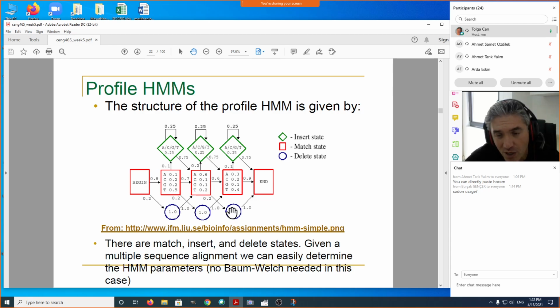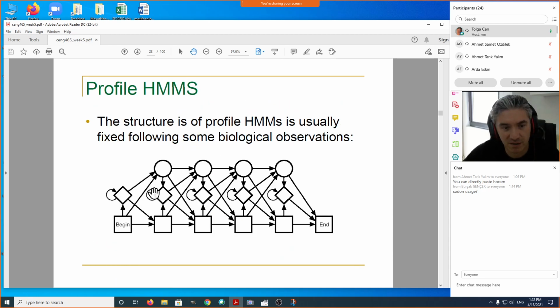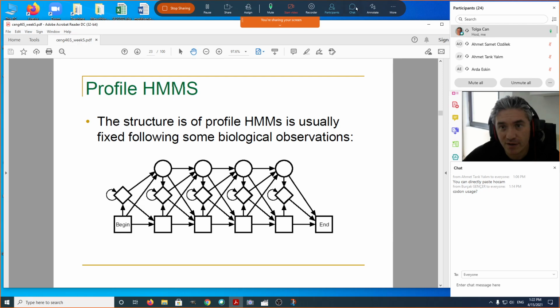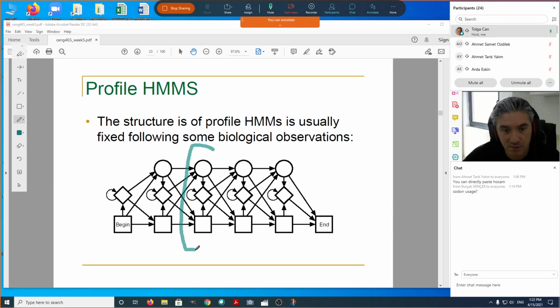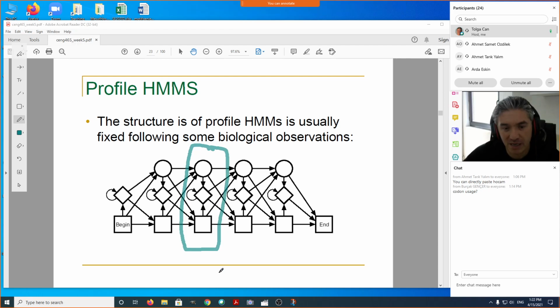Some of the transitions between these states are not shown here. The final model we're going to use, I think, is going to be this. So if you look at this, this is like a template that we are going to use. I call this a template because if you just consider a single column of this template, look at this one, this will be used to model a single conserved position in